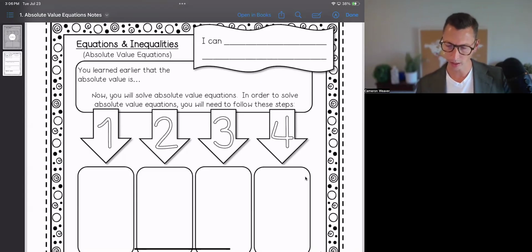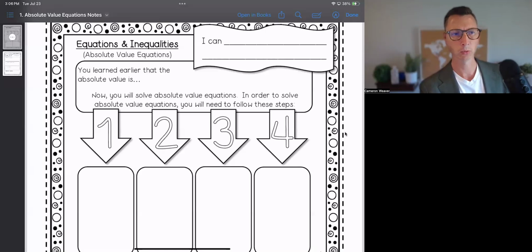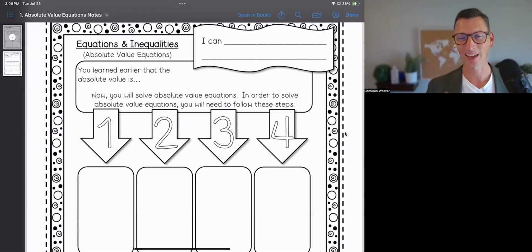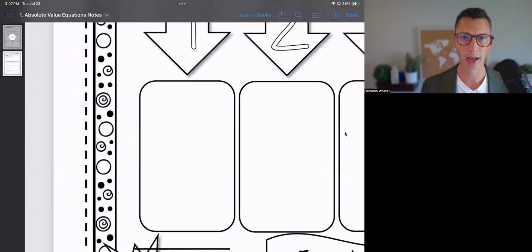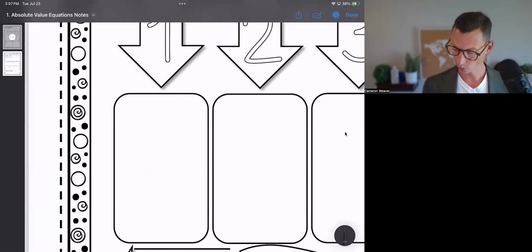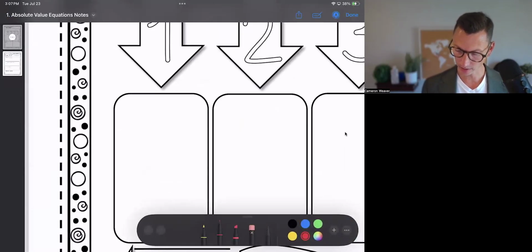All right, so let's go ahead and write these steps down. I'm going to give you guys four really good points to think through in the process when we're doing absolute value equations. These are going to be a little different than just simply normal equations in terms of how we proceed. How we solve is exactly the same way that you've ever solved any type of equation before. But here you're going to see that we write this equation twice. So here's what we want to do. Step number 1, again, you guys write what I write. Step number 1, we want to isolate